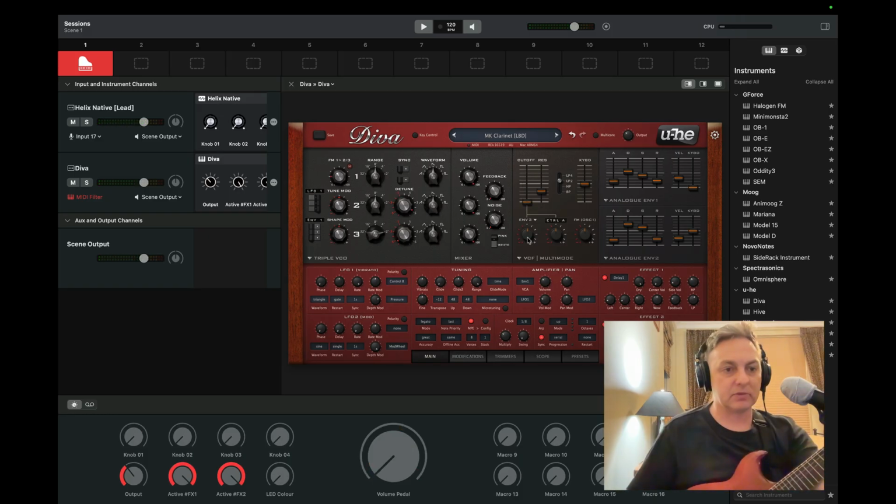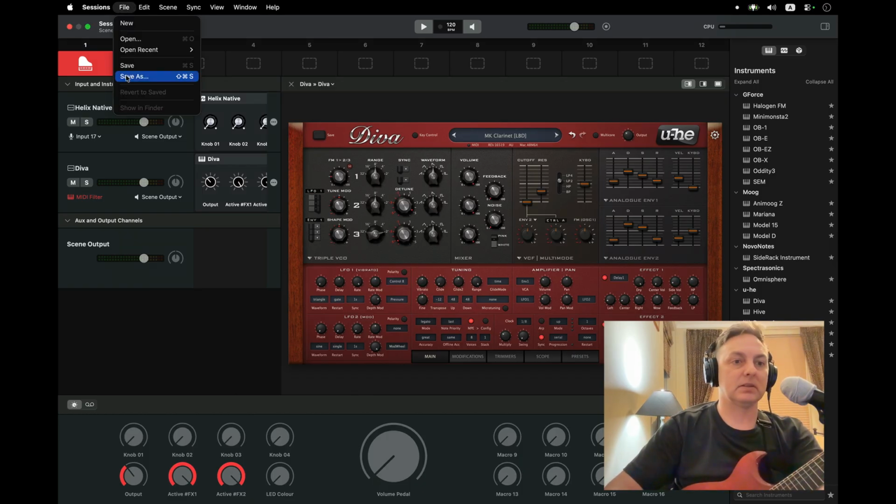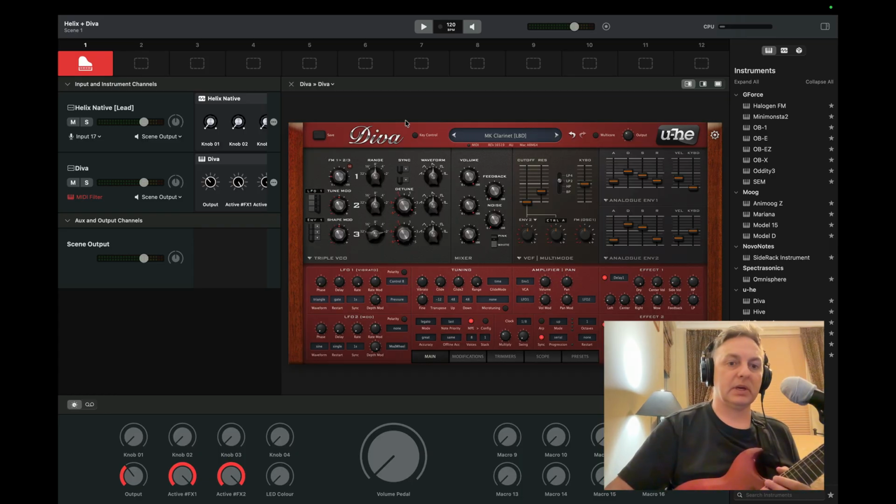Okay, so I've got a preset now. All right, so I can save this as a new session. Let's save it as Helix plus Diva. Okay, all right. But of course, we're going to want to have more than just a single preset. So let's,